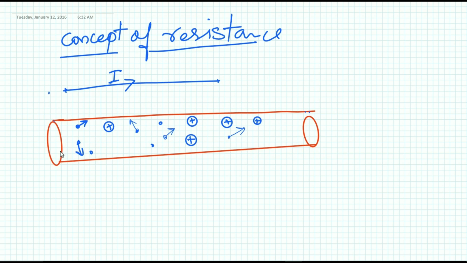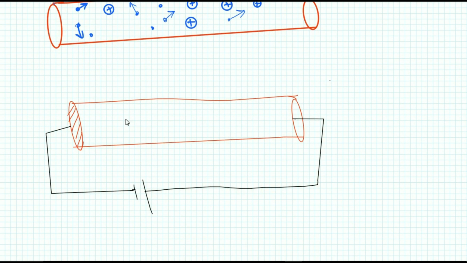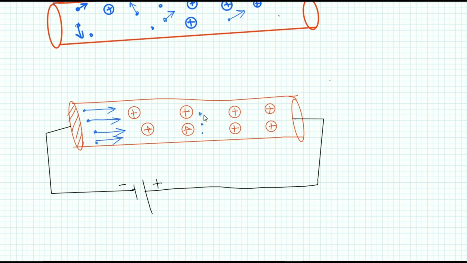But when we connect a voltage source across this conductor, then these electrons try to flow towards the positive terminal of the voltage source. So what happens? I am showing here another picture in which we have applied a potential difference. These are the positive ions. At the negative terminal there are more free electrons, and at the positive terminal there are fewer electrons. Due to the positive potential connected at this terminal, these electrons flow towards the positive terminal. I am showing only a few electrons here,